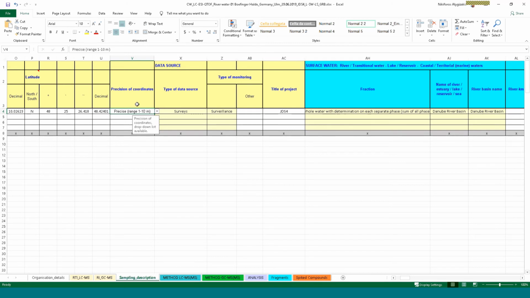Precision of coordinates shows the precision of the coordinates, and these are the following choices available.